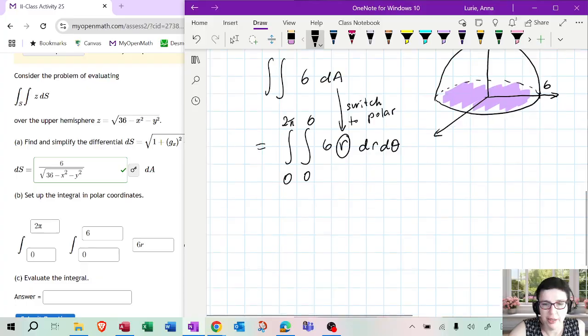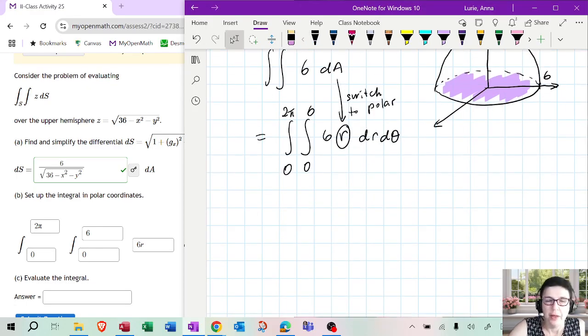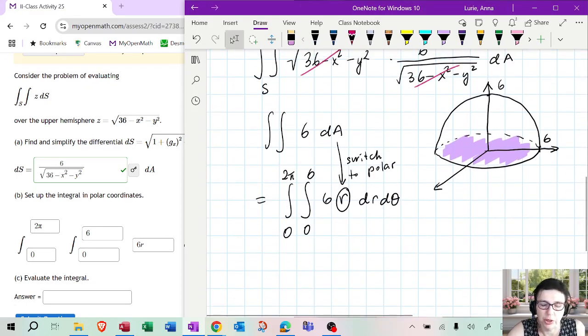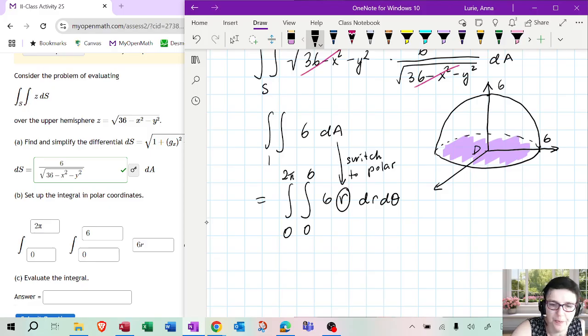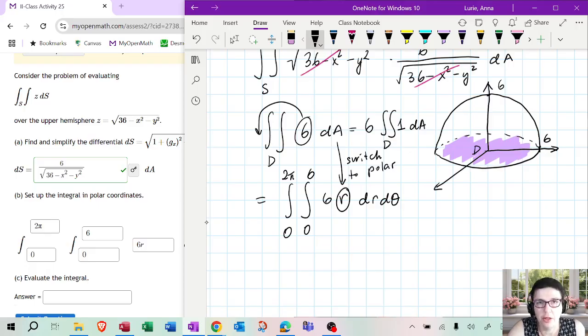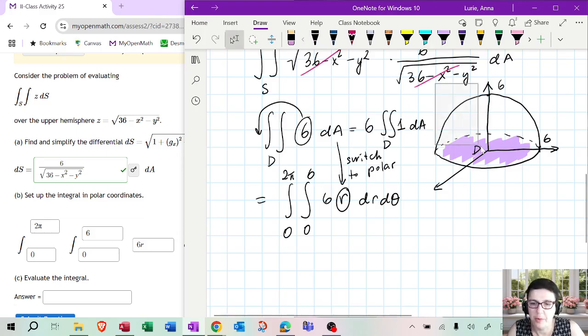Okay, so that's that. Now, computing it, there are actually two ways you can think about it. You can compute this integral over, let's just say this region is D, by knowing just the properties of double integrals. So notice how 6 can be pulled out, and then you are just basically integrating 1 over the circle. Okay, now what does that mean, integrate 1? This double integral of 1 is just the area of the region. Now what is the area of the circle? Everybody knows what it is.